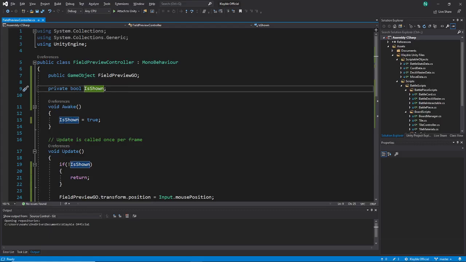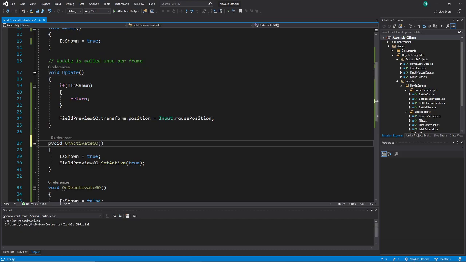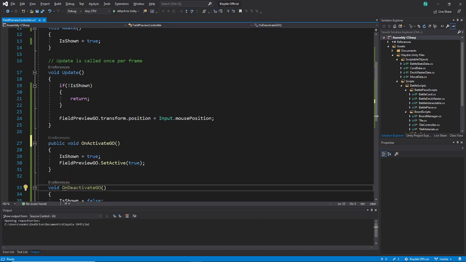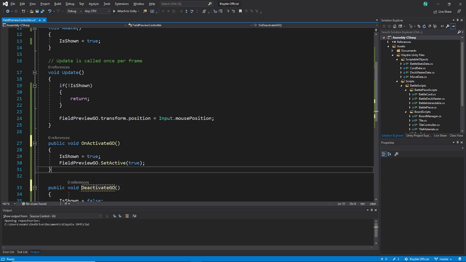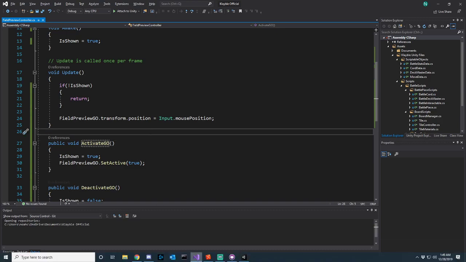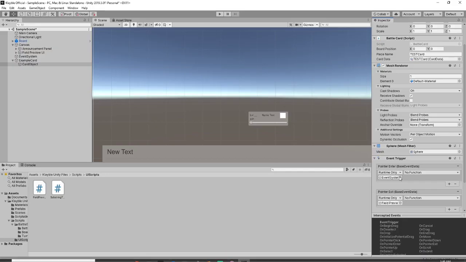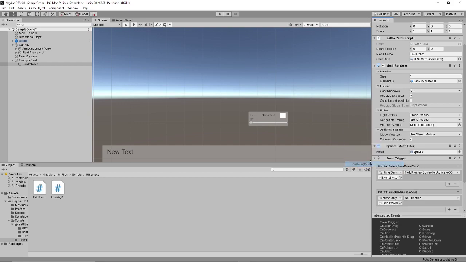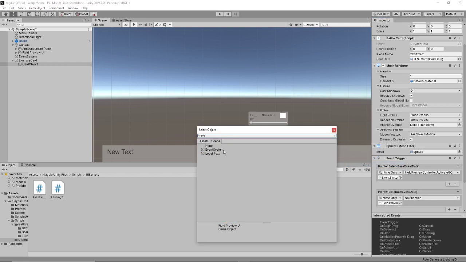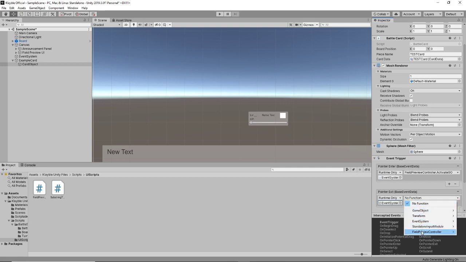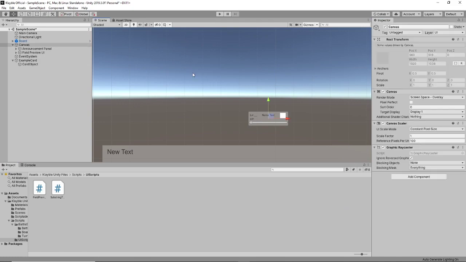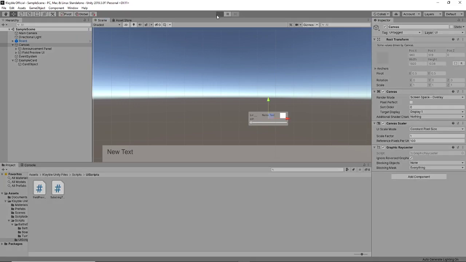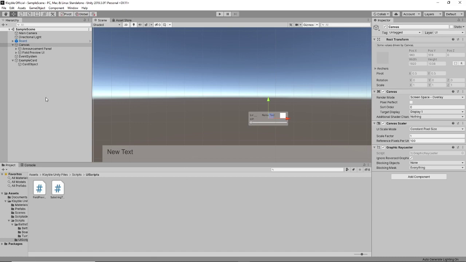I'll have to do public void, won't I? And these don't need to be events. They'll just be normal functions, I suppose. Activate game object, and for our event system to deactivate the game object. Let's see. But see, the thing is, on exit,